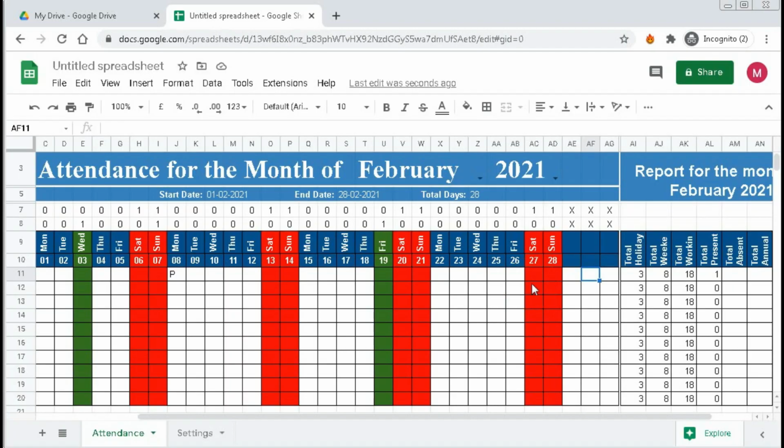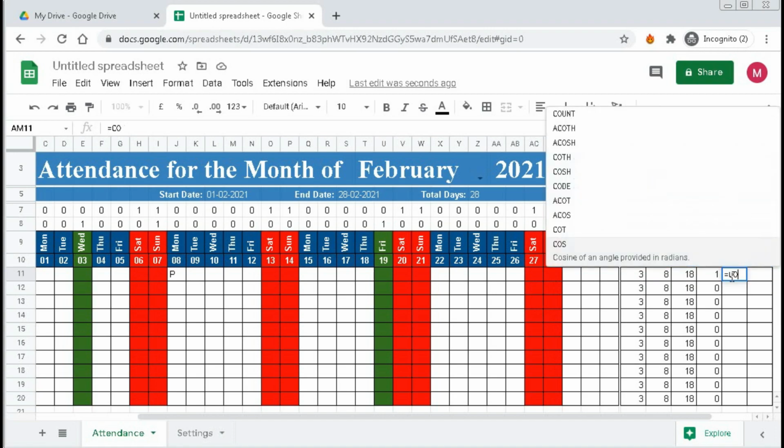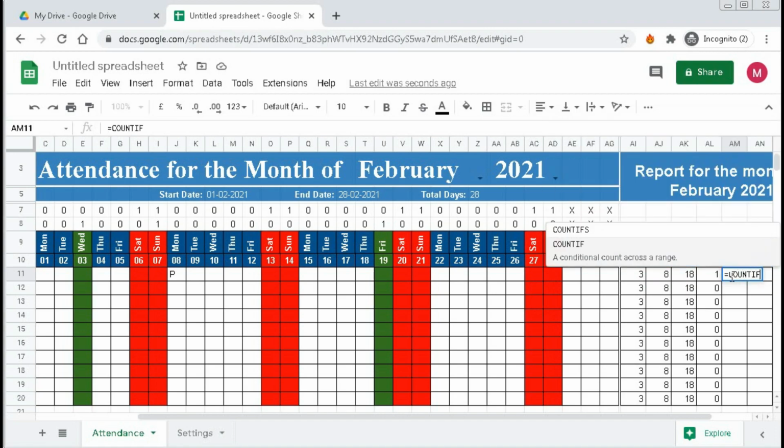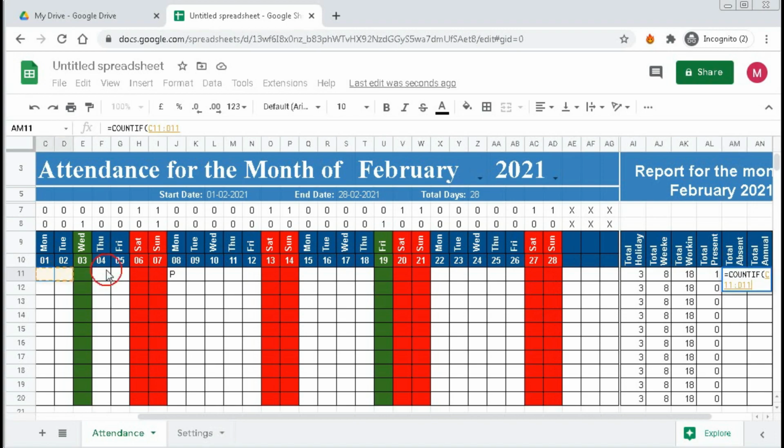If I try to put P here, you can see data validation doesn't allow putting any value in those cells. For absent, the same formula is used, equal to COUNTIF, open bracket, select the range, comma A, close bracket, enter. Drag it.